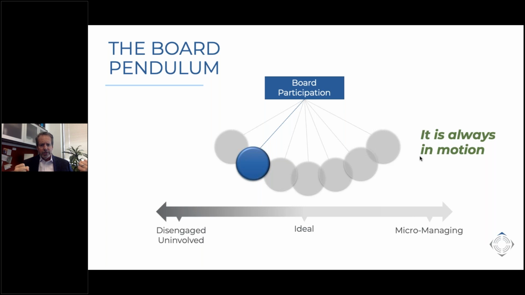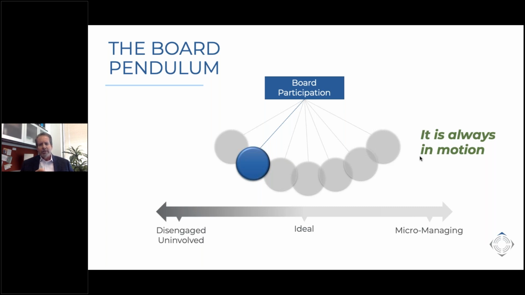Whereas the other organization, the other homeless shelter that's very similar, may have a board that's completely on the other side, disengaged and uninvolved. Maybe they meet a couple times a year and attendance isn't even that good when the board meets. They don't really have functioning standing committees, and they don't have any of the benefits necessarily of having an impassioned group of volunteers to lead and guide it down a successful path.